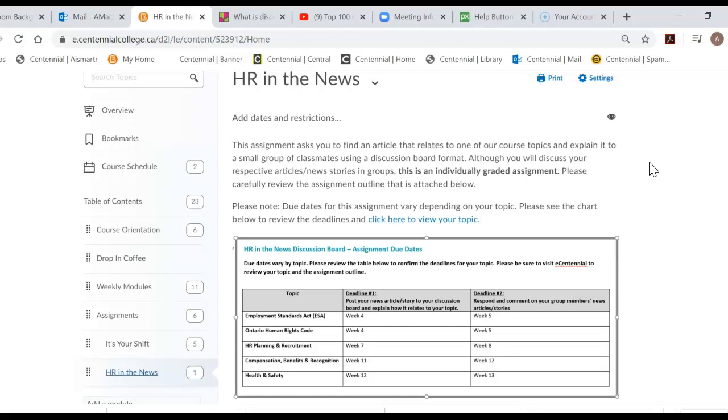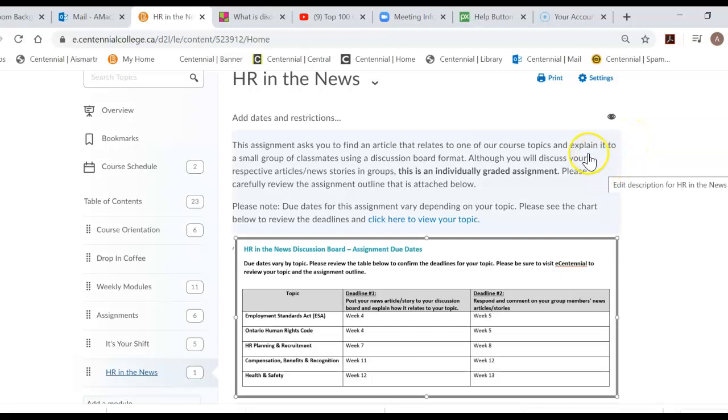You will post it to a discussion board and explain to members of your discussion board how it relates back to our course topic or the topic that you've been assigned.